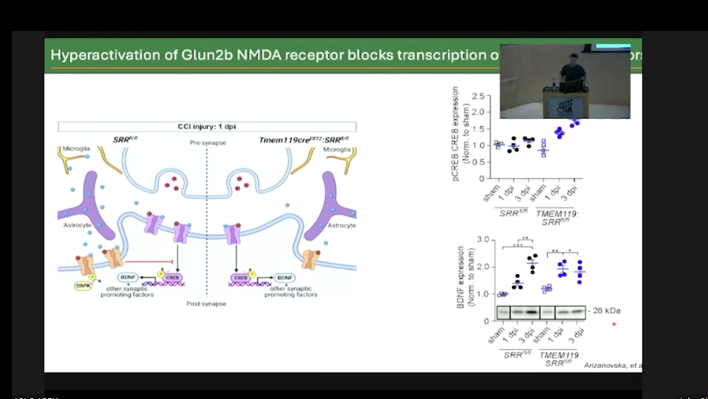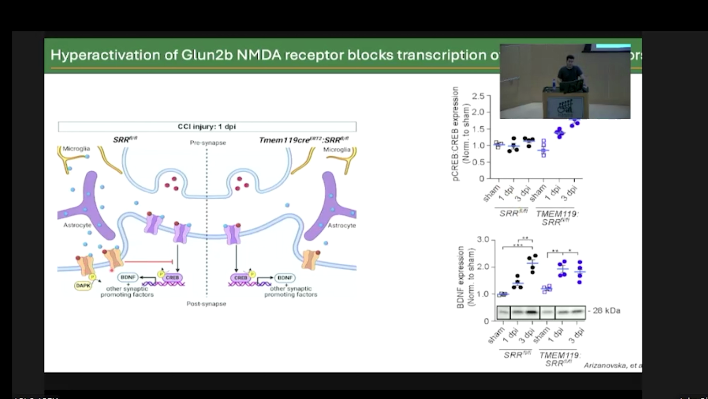We also wanted to look at other factors in signaling. So we wanted to look at phospho-CREB and BDNF. What we found is that in our control animals at 1 day post-injury and 3 days post-injury, we don't see a significant increase in phosphorylated CREB. However, we do see in our microglial knockout at 1 and 3 days post-injury a significant increase in phosphorylated CREB. So what is this really telling us? This is telling us that